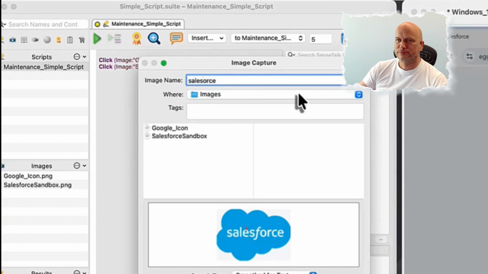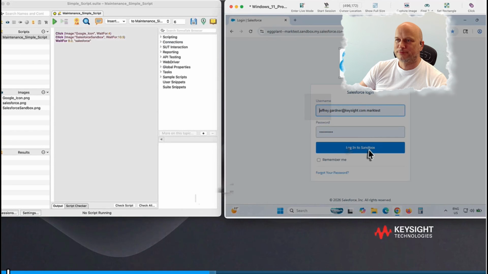And you can see how easy it is to build the script. There again, not having to be a programmer. Okay, so it's just that quick and easy. In this case, now within capture mode, we're going to log into our Salesforce, but you can use capture mode